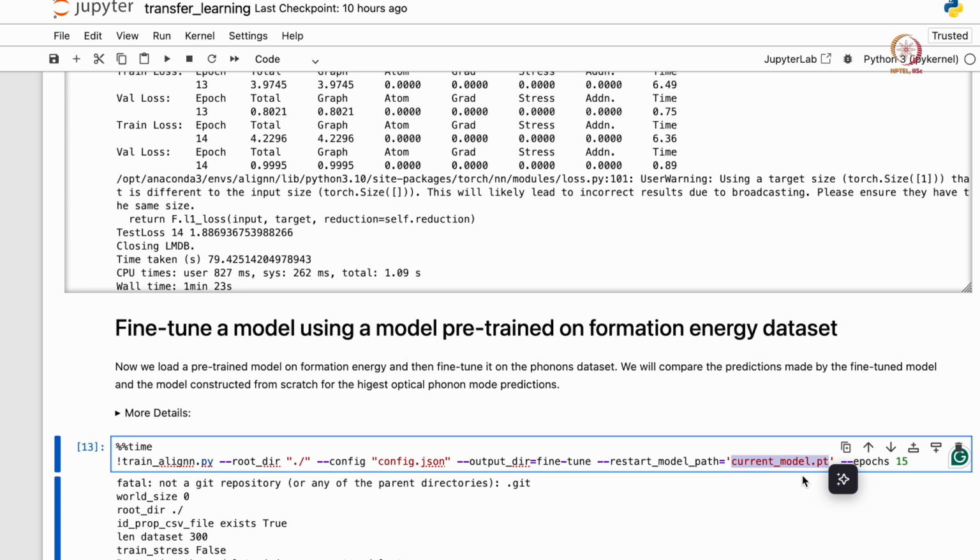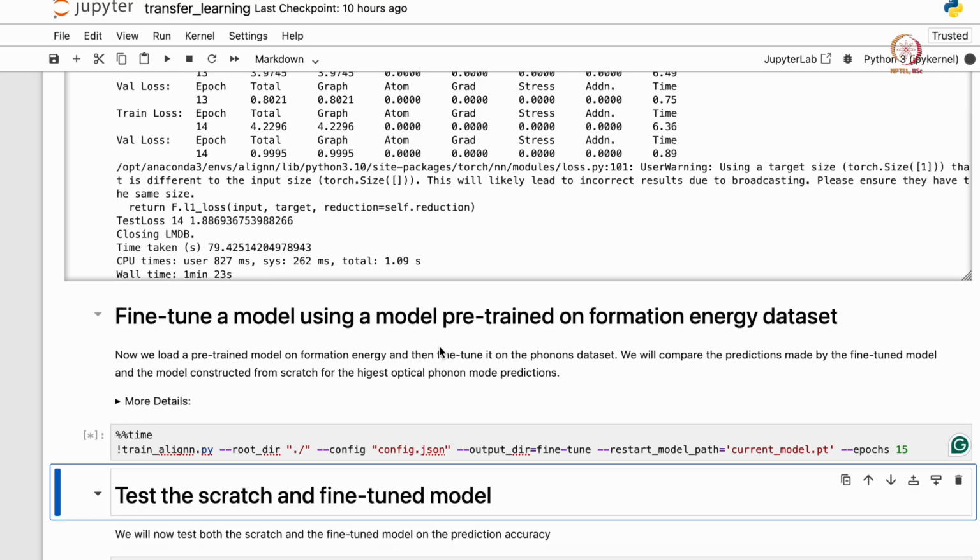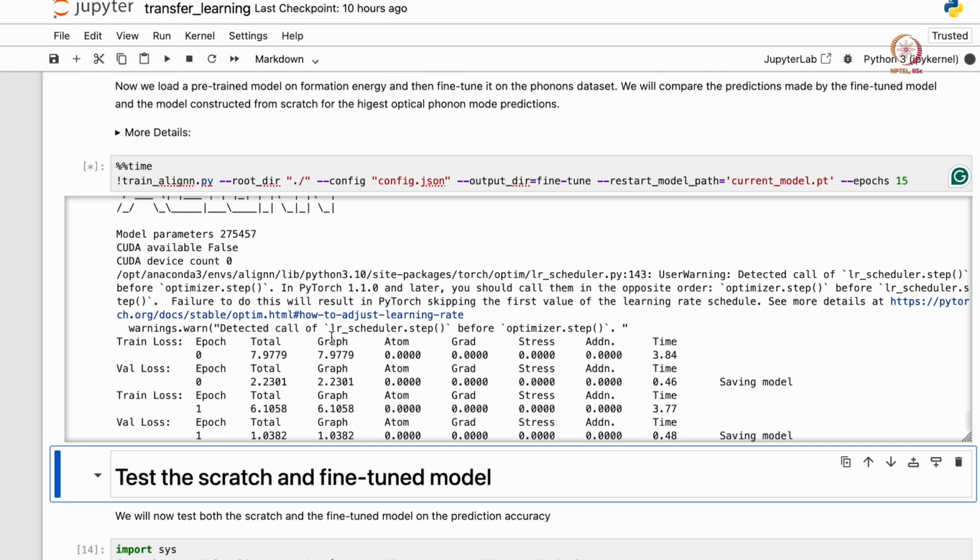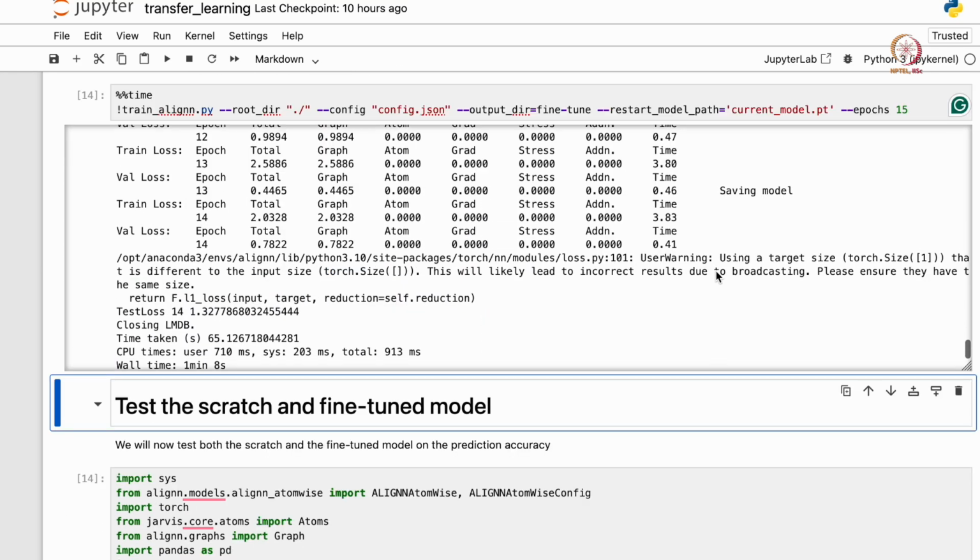This current model is the pre-trained model on formation energy dataset. So we will load this model and fine tune it with our data set and run 15 epochs of this. If I run this block now, yeah, training has started, as you can see. Okay, so now our fine tuning is done.